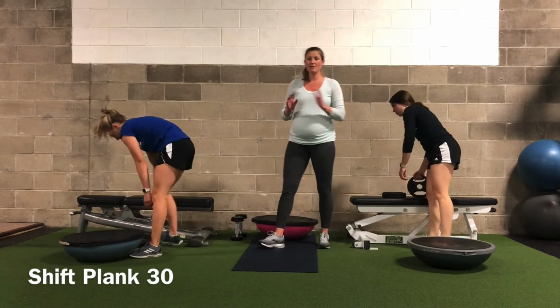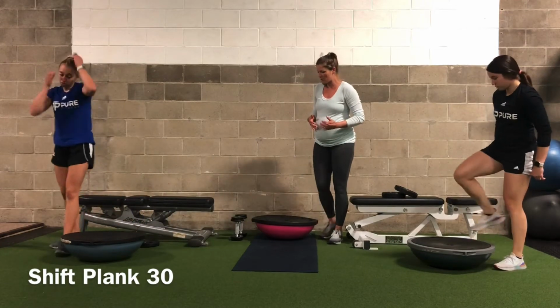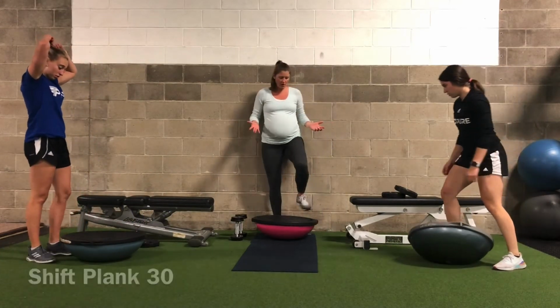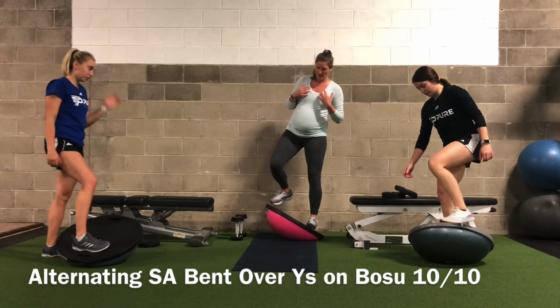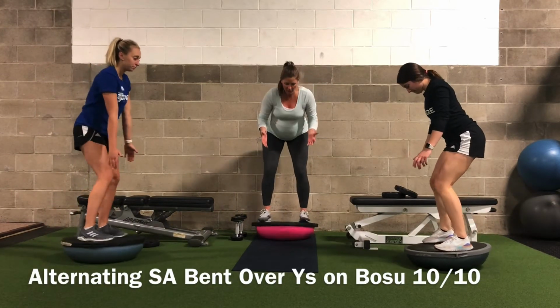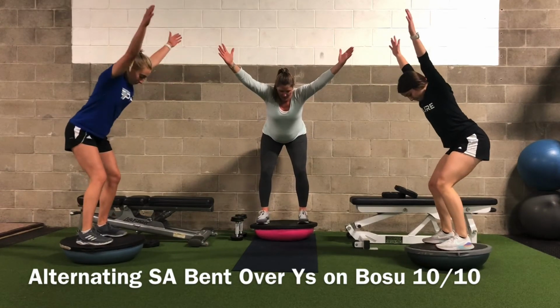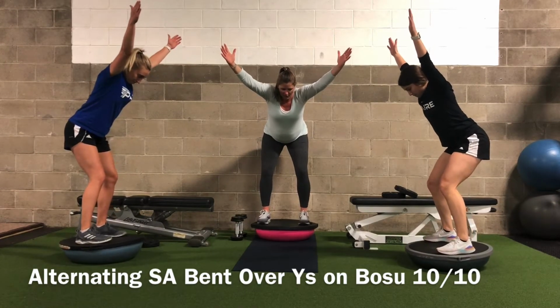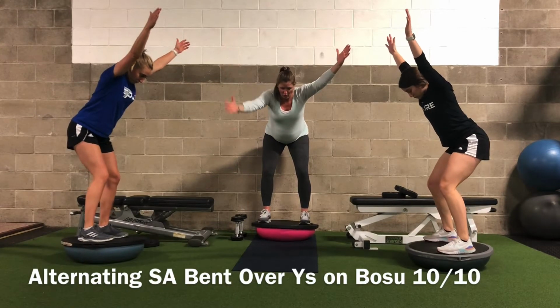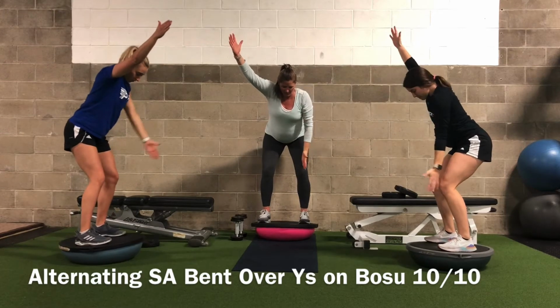So this one, it has no weight or very, very light weight here. So we are going to get into a Y position. We're all opting for no weight. So if you remember bent over Ys from previous videos, we're going to hinge at our hips, keep our back nice and flat, extend our arms above our head in a Y. So this is our starting position. You're going to lower one arm, bring it down towards your knee, raise it right back up,